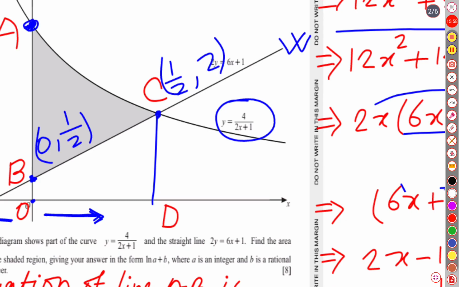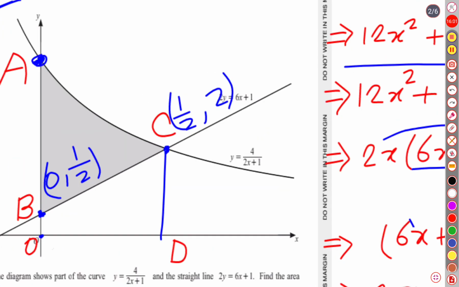Now at this point, a question may arise in your mind that we have obtained the coordinates of B as well as C, then why didn't we find the coordinates of A? A is the point which lies on y-axis. So at y-axis, we know one of the coordinates x is 0. Here x is 0. Then what is the other coordinate? I mean y coordinate. Actually, we don't need this y coordinate at all,